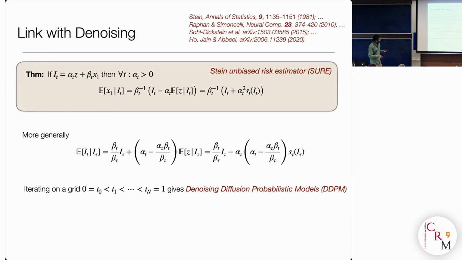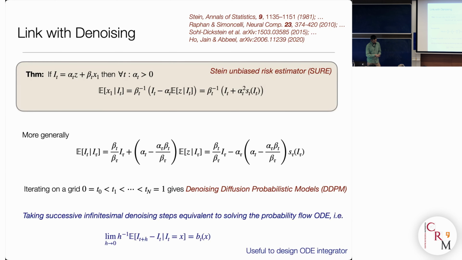Okay? But the remarkable fact is that if you do that on a grid, and you take the grid size to 0, you get back to the probability flow ODE. In other words, you can show the following thing, which is kind of simple: if you take this estimator here, you subtract the identity, you divide by the time step, what you get is precisely the drift. So what does that tell you? There is a theoretical justification to this denoising by small steps, which is simply that if you denoise by small steps that are infinitesimal, in the limit, you get a generative model, which is precisely the normalizing flow that I was talking to you about at the beginning.